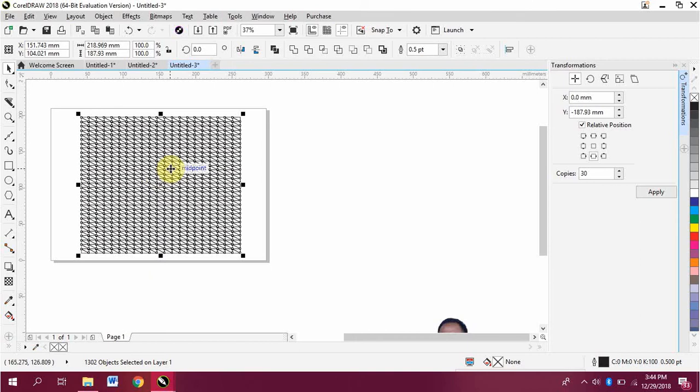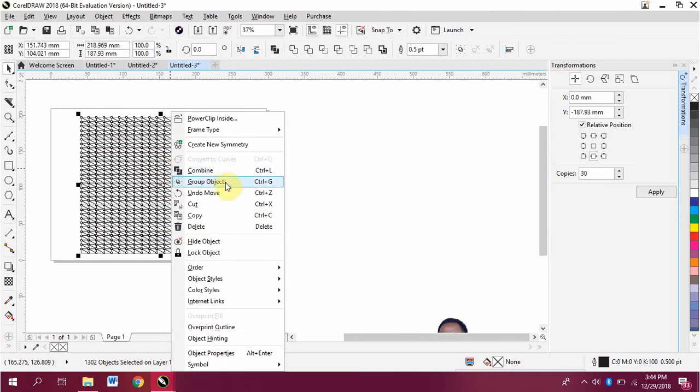After that, right-click the object, then click Group Objects.